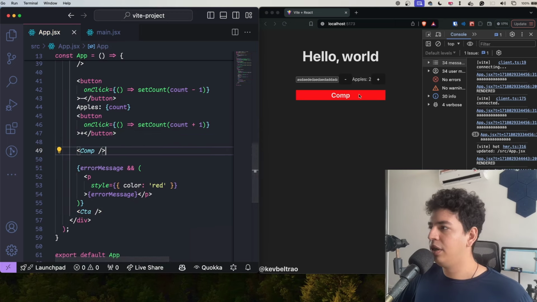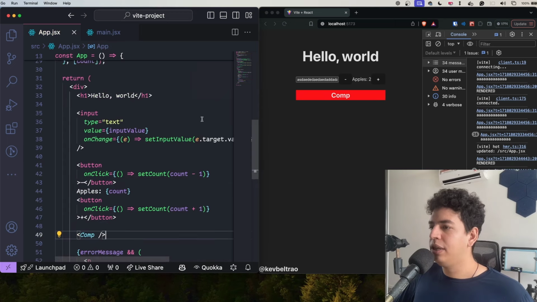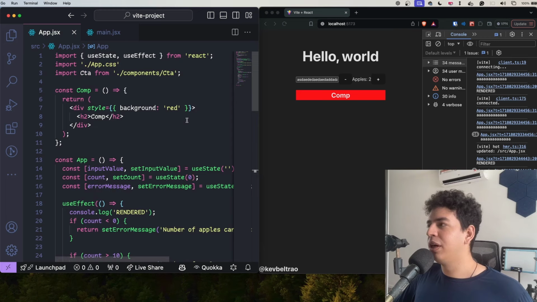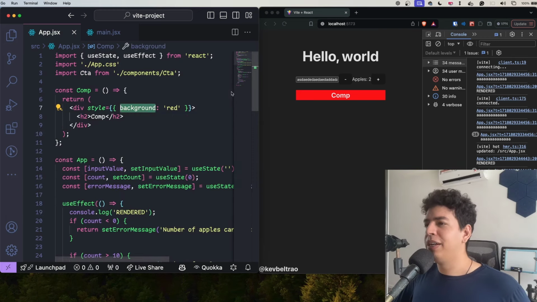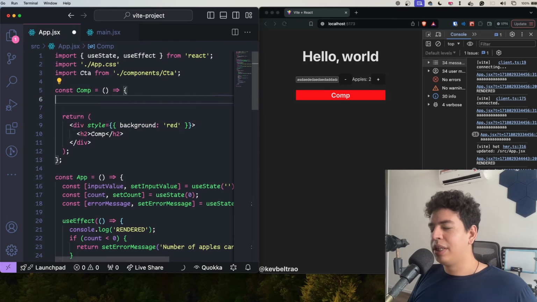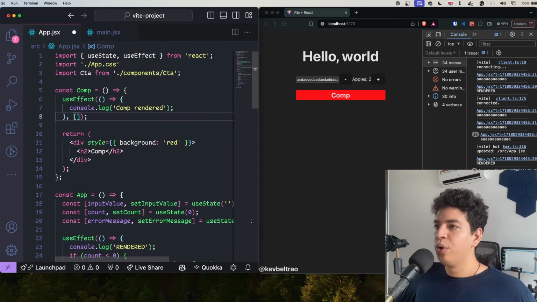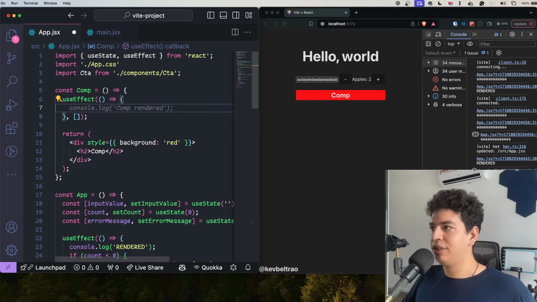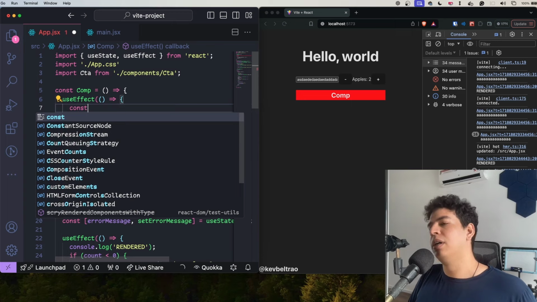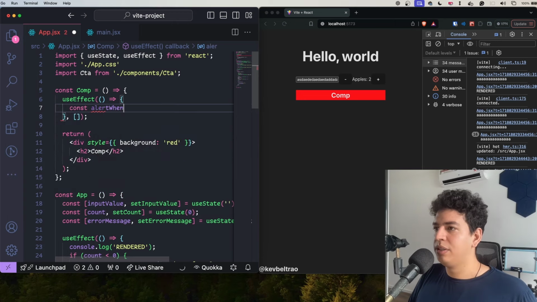Comp. Here's comp. So let's say I'll do something different actually. Comp's fine with that size. But let's say that comp has a useEffect. When comp is rendered, I'm going to add an event to the screen, which is, just think about it. Yeah, alert when